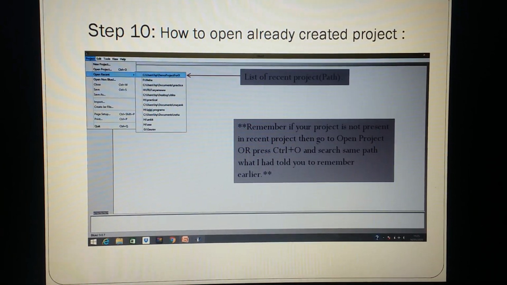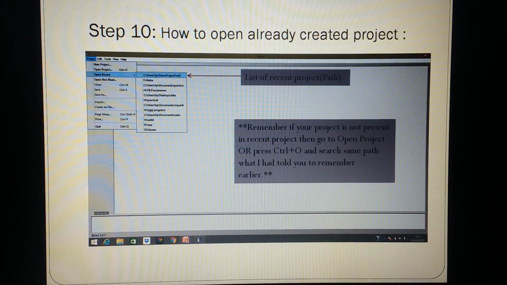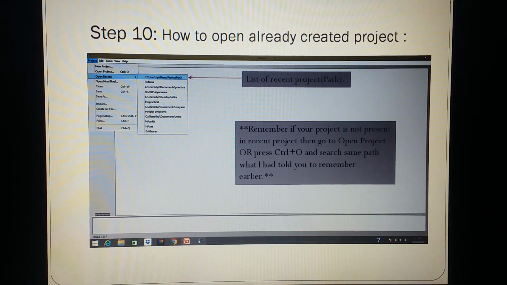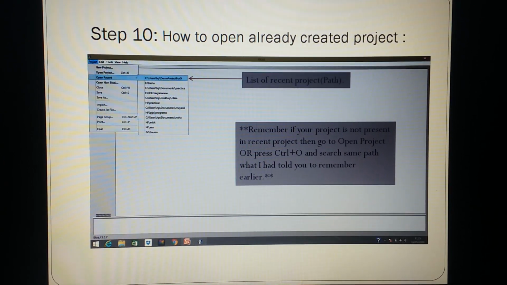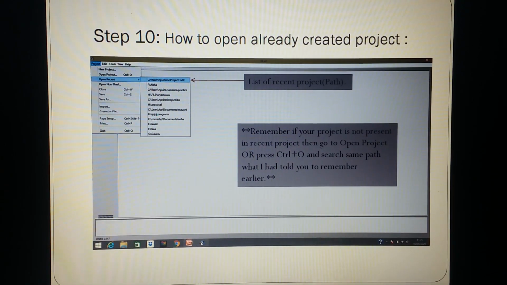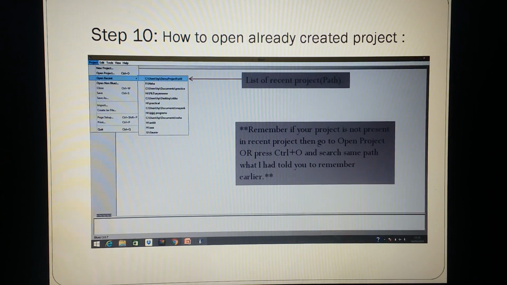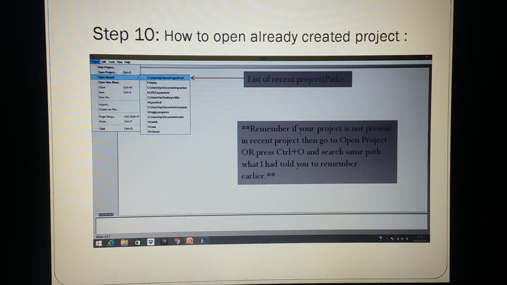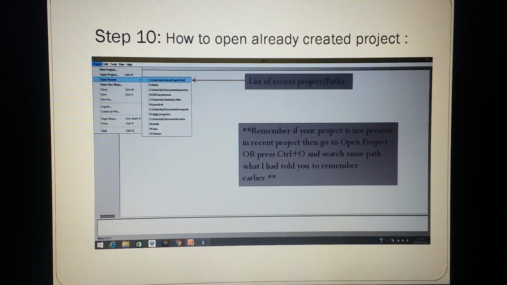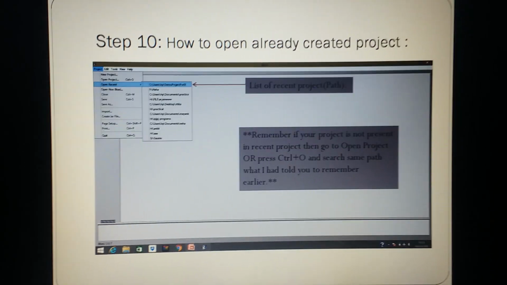See, I am having my first project in front of me. We have to click on it. Our project will be opened in front of us. If we are not getting it from the recent list, then we have to click on Open Project, either by clicking on Open Project or pressing Ctrl plus O.